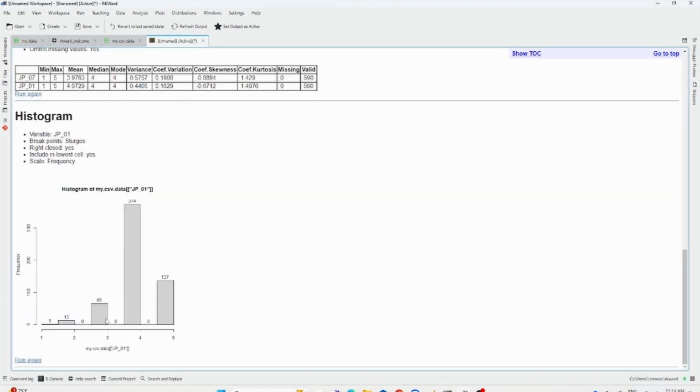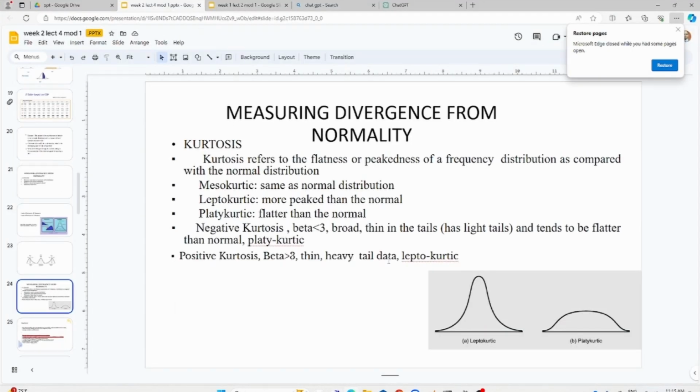See, so as you can see, obviously any Likert scale data will not be having completely a normal shape, but what you are trying to say is how much normal it is. So, as you can see, there is little concentration of values around 374, and let us open the slides and see what the kurtosis and skewness coefficient should be. Okay. So, as you see, we have a positive coefficient of kurtosis here,